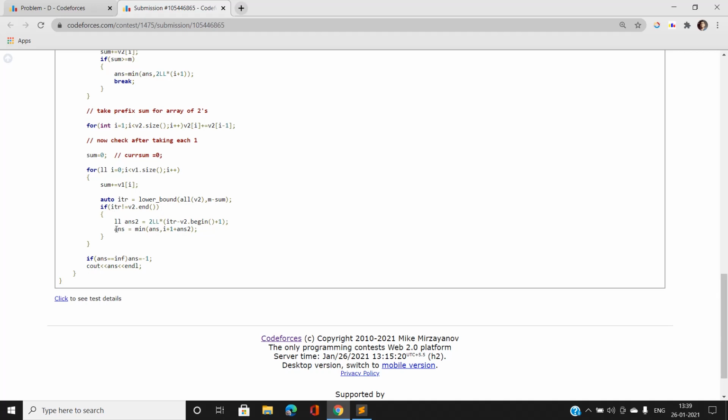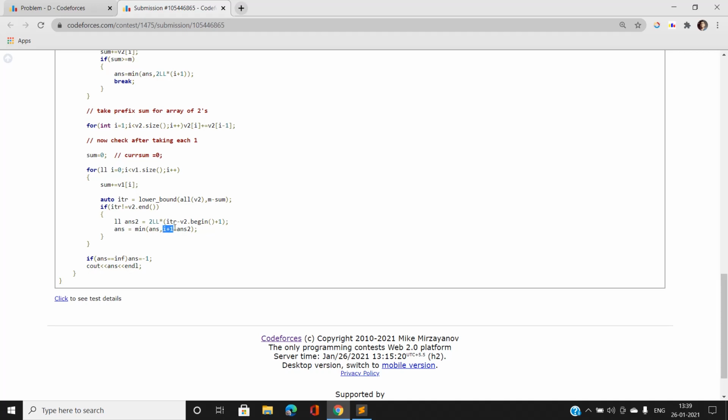So I am going to take the minimum of all these answers. The number of elements we are going to free from the convenience point 1's vector would be i plus 1.